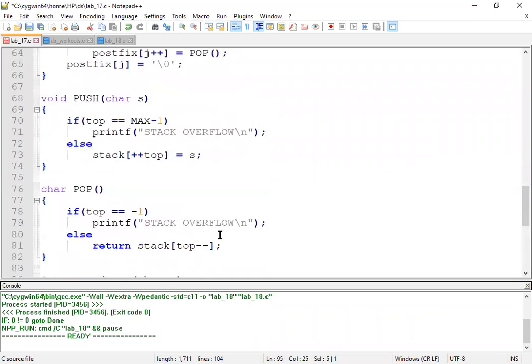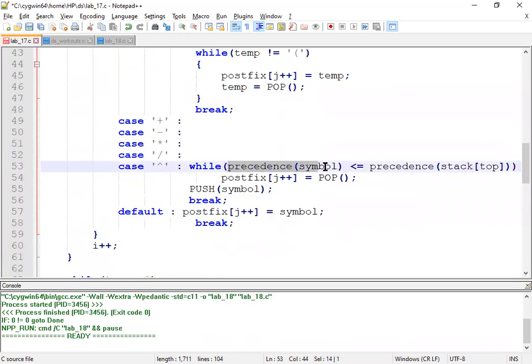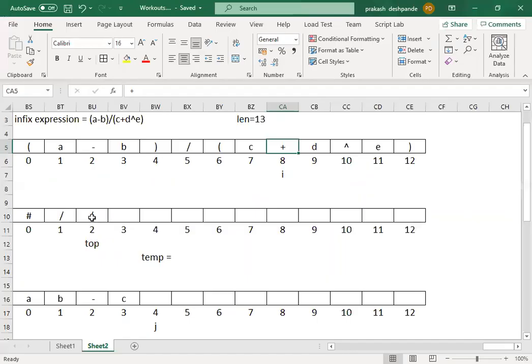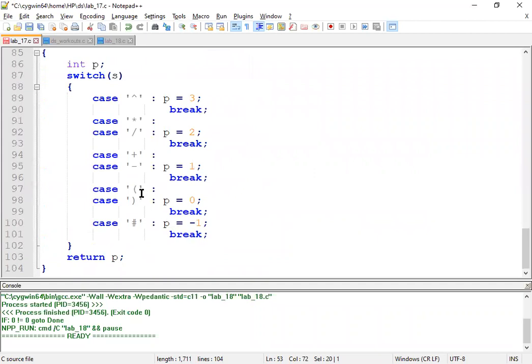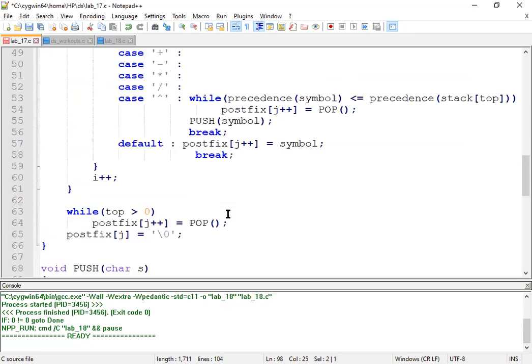So 1 less than or equal to precedence of the top of the stack. Top of the stack contains the opening parenthesis, and the opening parenthesis precedence is 0. So 1 less than 0, the condition becomes false, so this will get skipped.